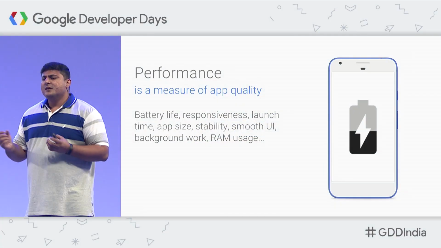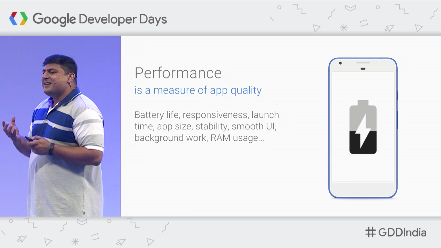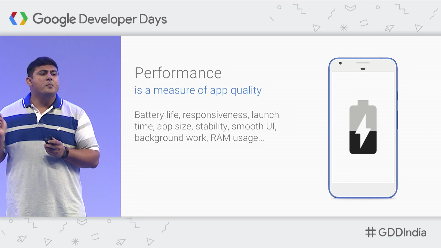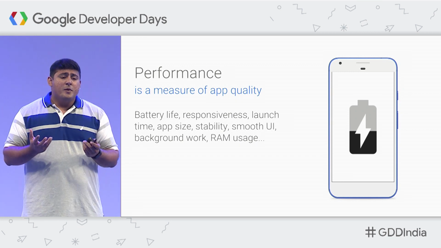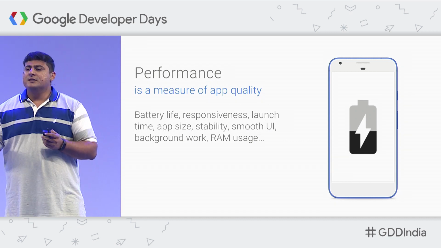Imagine you built an amazing app, and you've now rolled it out to a lot of users. They've installed your app, and then they start seeing that even though you've built an amazing UI for it, some things are not right. Things are loading slowly, there are crashes at times, or it takes too much battery, for instance. These are all things that can hurt the user experience really badly. They might not be able to use the app and slowly start uninstalling, and you'll start seeing a bigger uninstall.